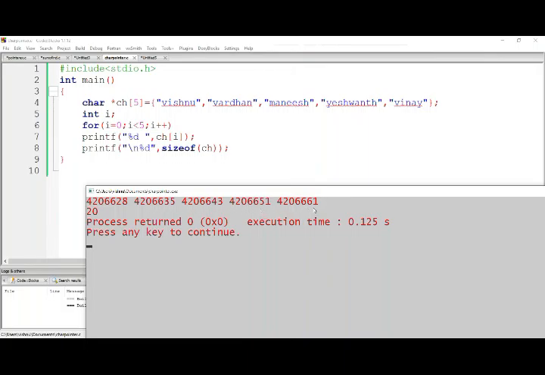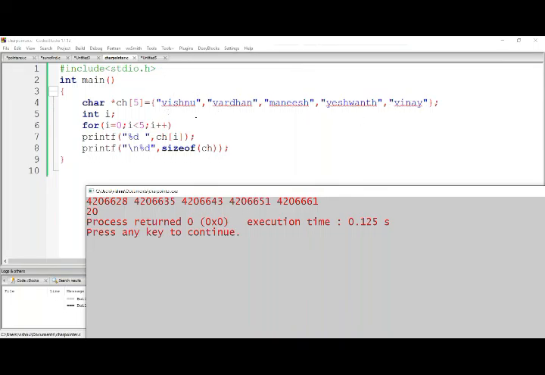So let's come to last point. 61 and 51 difference is 10. Why? Because it required 10 bytes of memory. 1 2 3 4 5 6 7 8 9 10. Here the rows are different size. First row it is 7 bytes, second row it is 8 bytes, third row it is 8 bytes, fourth row it is 10 bytes, and the fifth row again it is VINAY, it is 6 bytes. Do you observe this one? Irregular row sized array.